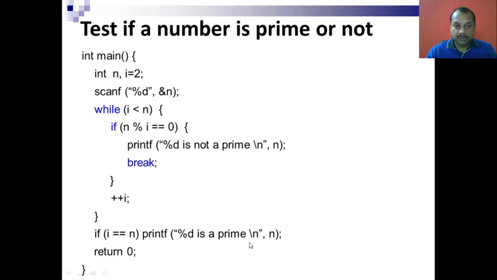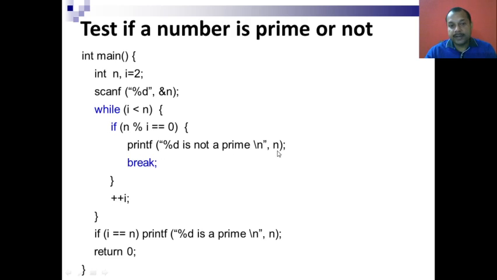Okay. Again, to summarize, there are two exit ways from this particular loop. One is normal exit because this loop condition is false. Another is the exit because of the execution of this break statement. If I am exiting from this while loop because I am executing the break statement, then this condition is true. If this condition is true, then outside the loop i is not equal to n. If it is not equal to n, which means that it is not a prime number,